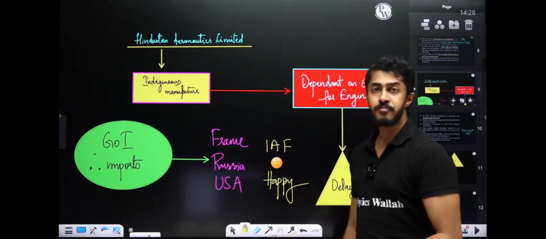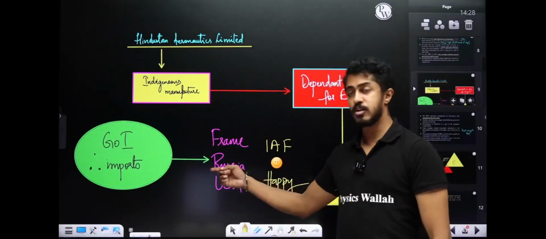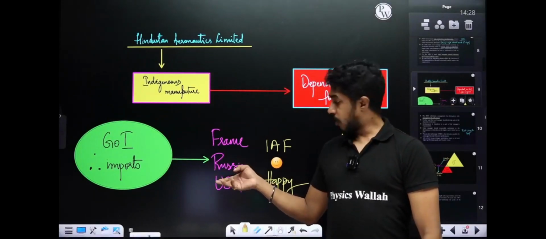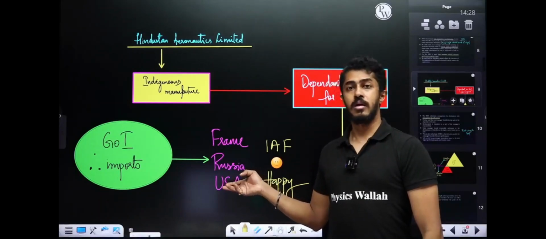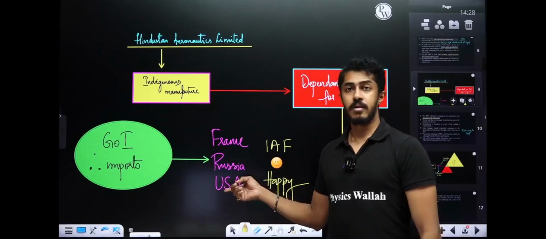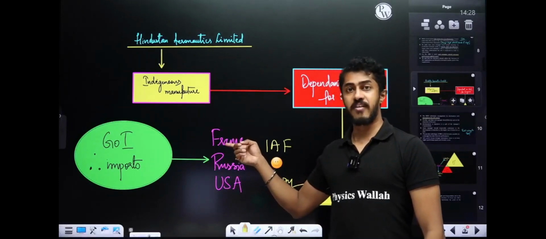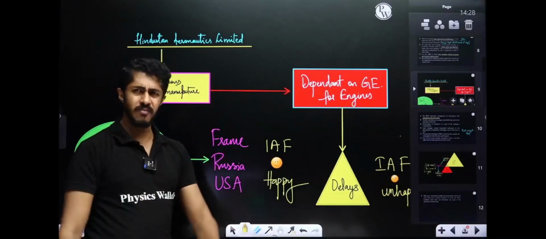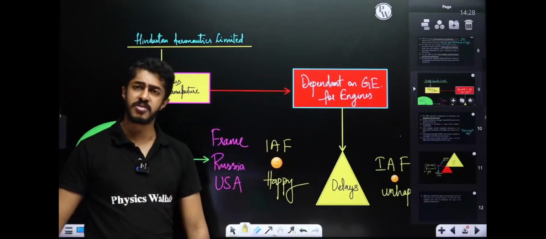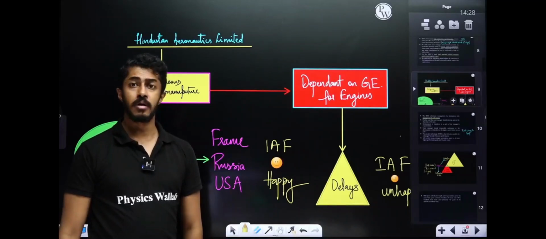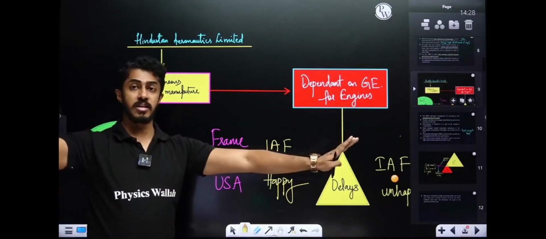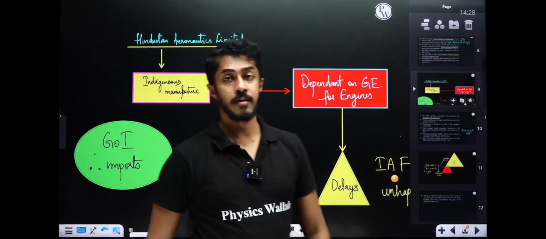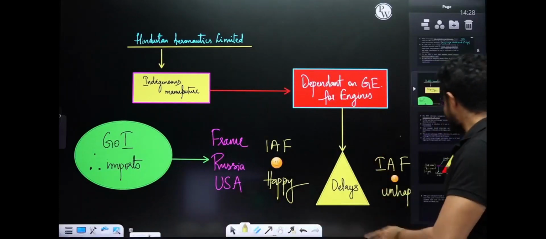Definitely imports. I have the option of importing the Sukhoi 57 from Russia. Correct. Or I can go for the USA's J-35 or France's Rafale. Multiple options are there. All I have to do is get a deal signed. Within 1 year, it will get signed. I can start getting the aircraft within the next year. In 2 years, it will happen. But by no stretch of imagination, within 2 years, will we be able to manufacture engines indigenously. Getting the point here. Moving on.